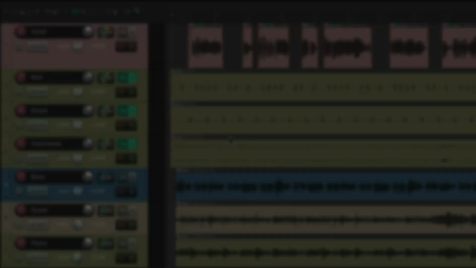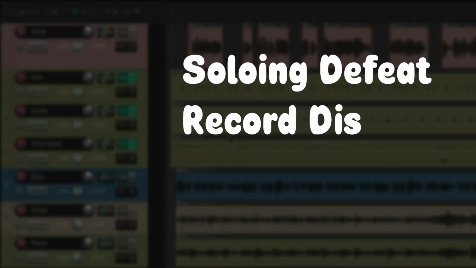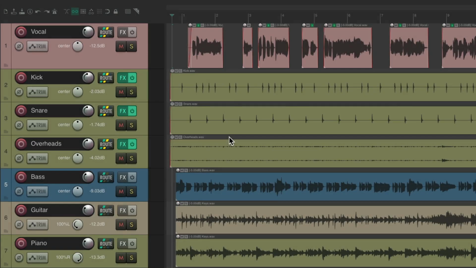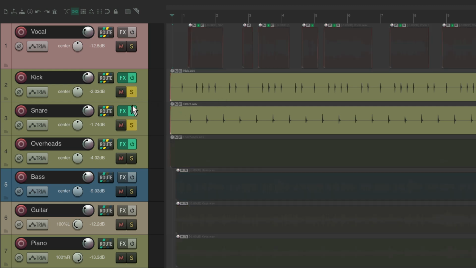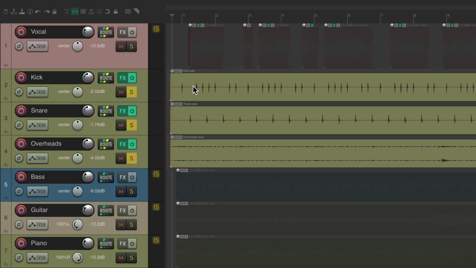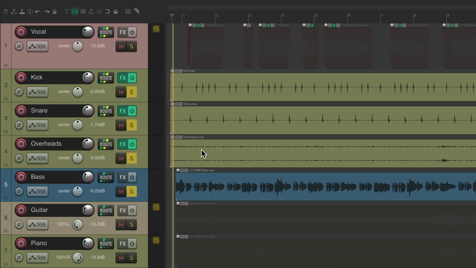So the next thing I want to show you is solo defeat and record disable. I have a project set up here. Let's say I want to solo my drums at all times, so I can solo the vocal while still hearing the drums, or the bass, guitars, and keys, but at all times always hearing the drums. Of course, we could solo the drums and just solo what else we want to hear, maybe the bass,